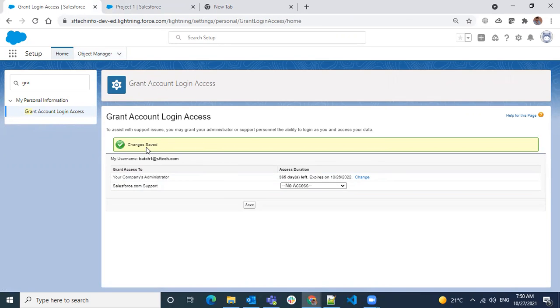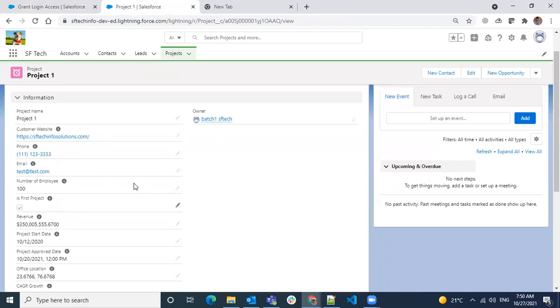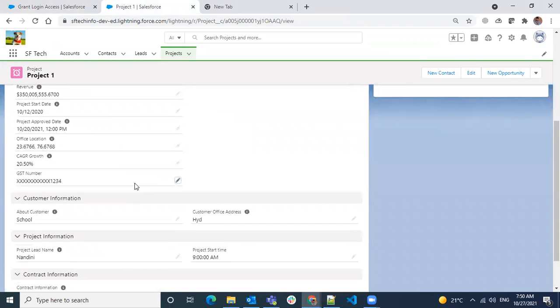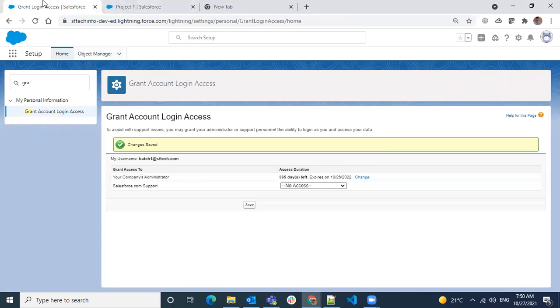We'll cover it tomorrow, and we'll check that encrypted data also, how it looks if it is visible. I mean, if the user has view encrypted data, then they should be able to see this data when they're trying to edit it. Not all the time, only when they're trying to edit it.